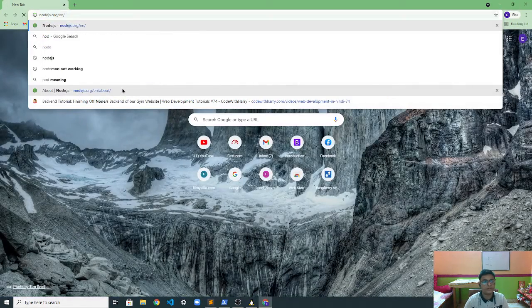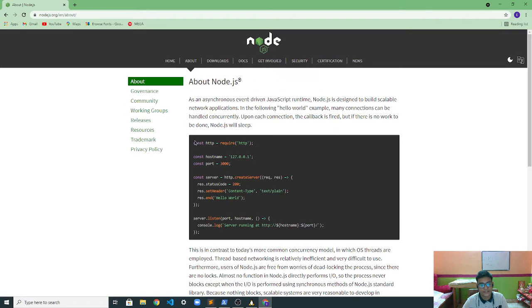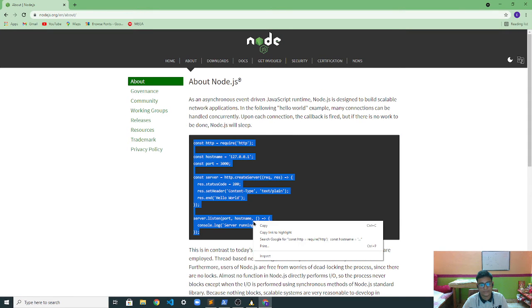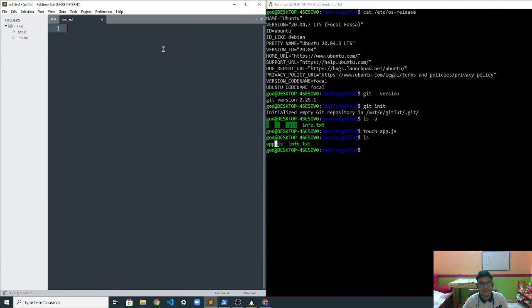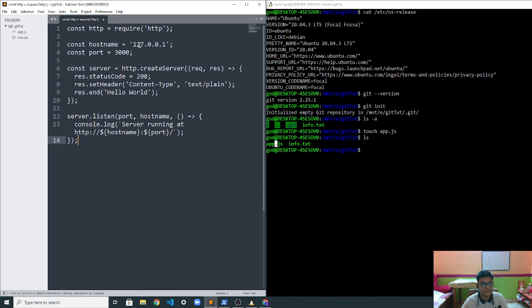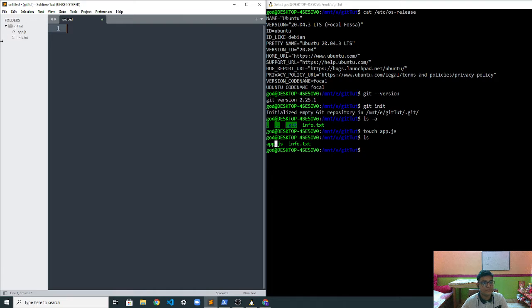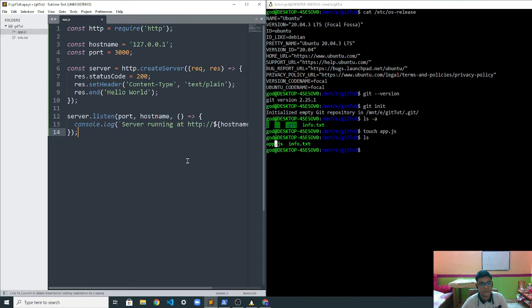So let's go to the node documentation and get the sample code, and put it in this app.js. Okay, so press enter, and here we will check git status.